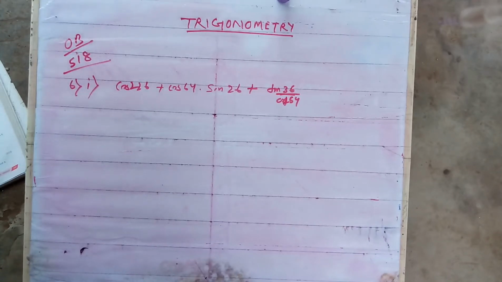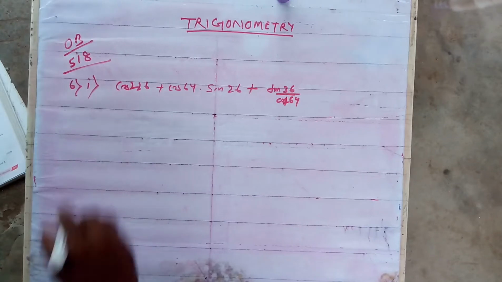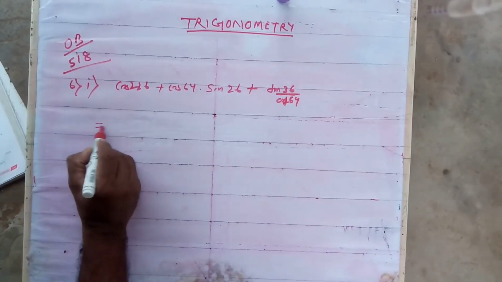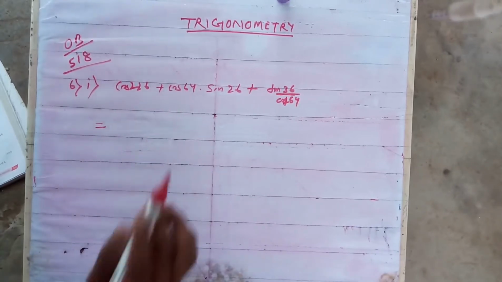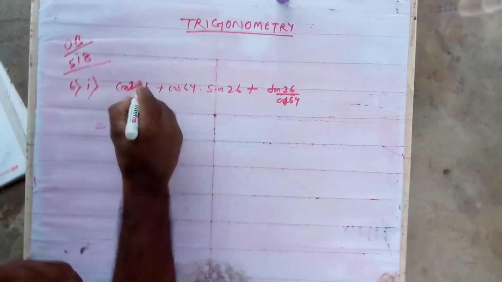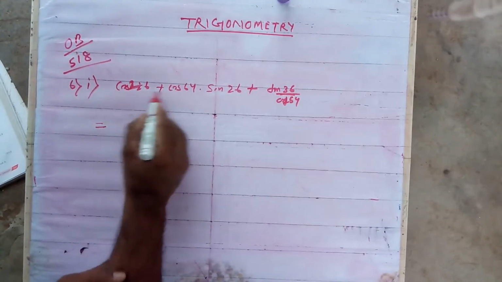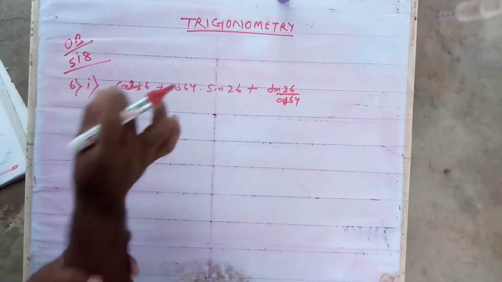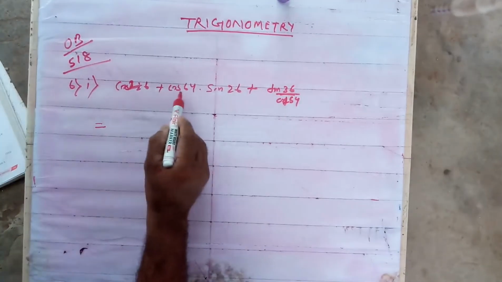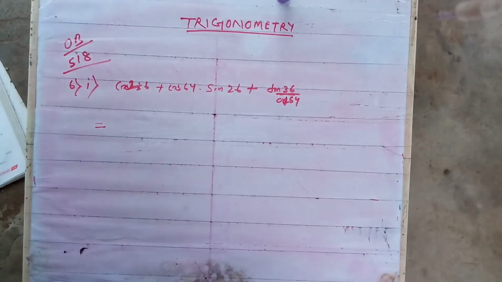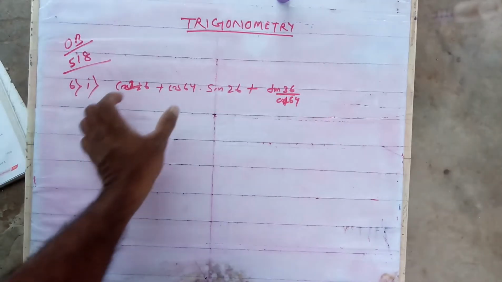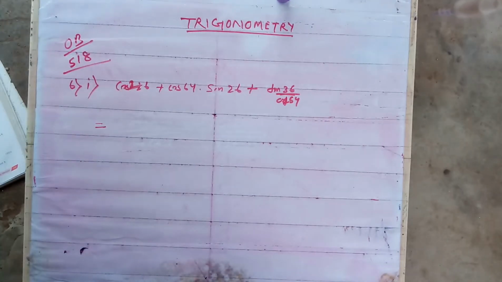Trigonometric tables so far you have not read. Okay. So let us start. You can observe two things here. Any two of the angles here, the sum is 90. So 26 plus 64 is 90, check it. And here 36 and 54, the sum is 90. So out of these two pairs, from this pair 64 and 26, one you convert into the other angle. Similarly 36 and 54, one you convert to the other, not both.